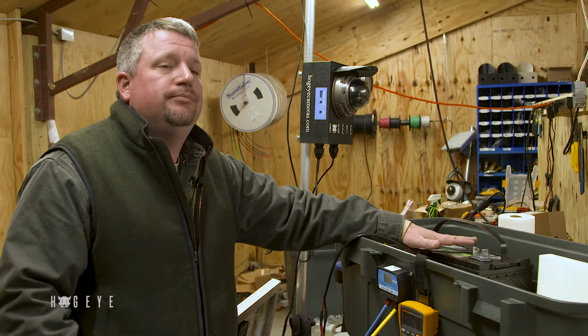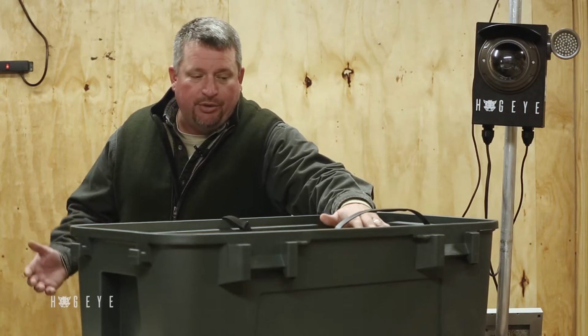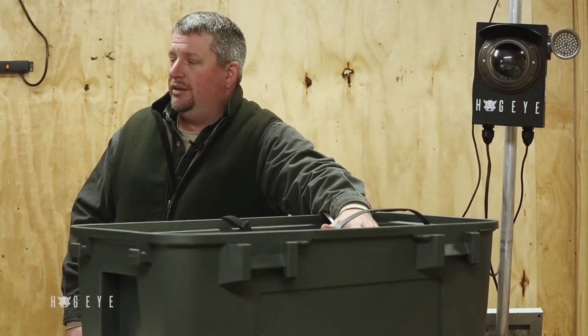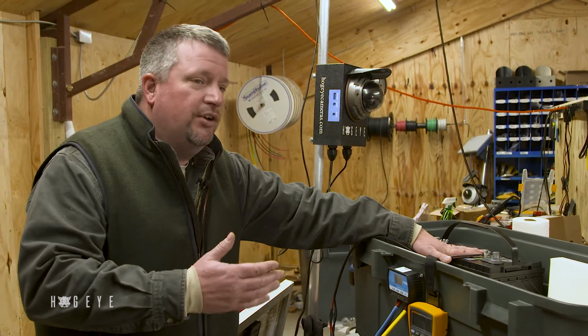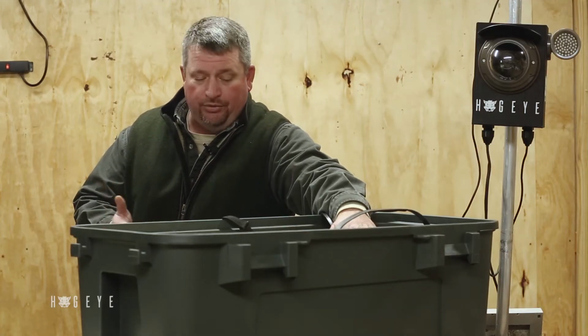They'll run one. Hey, we're not getting 2.5 hours. We're only getting an hour. So that means this system will run on this battery alone for 3 to 4 days. If you give it any sunlight, it's going to make it a week. If you give it a little more sunlight, it'll make it a month. So like I said, if you know you're not getting the sunlight you need, which is minimum 2.5 hours, then